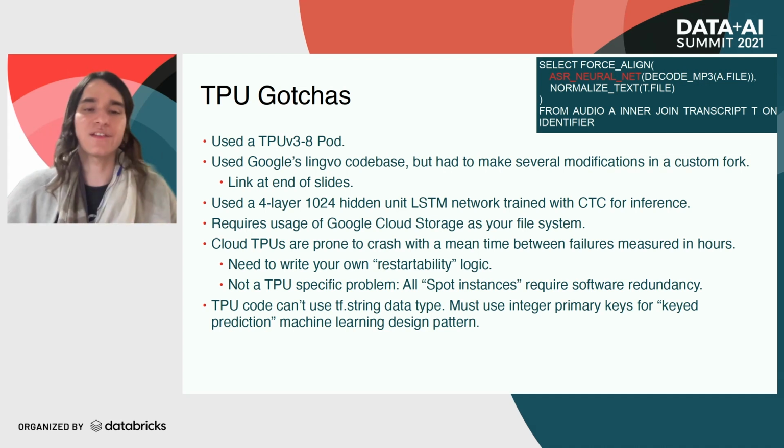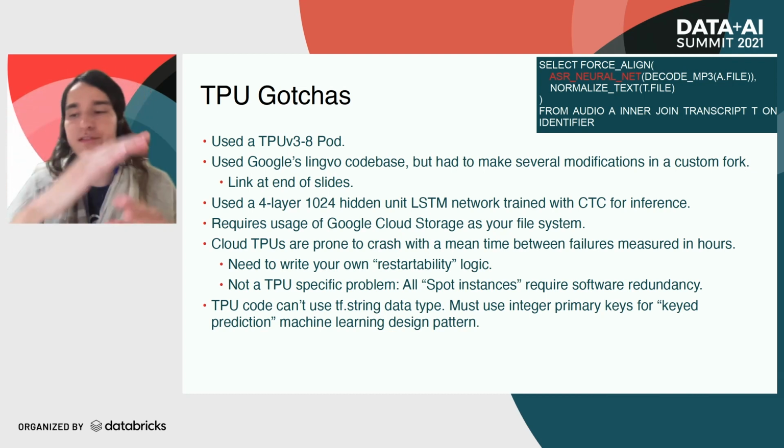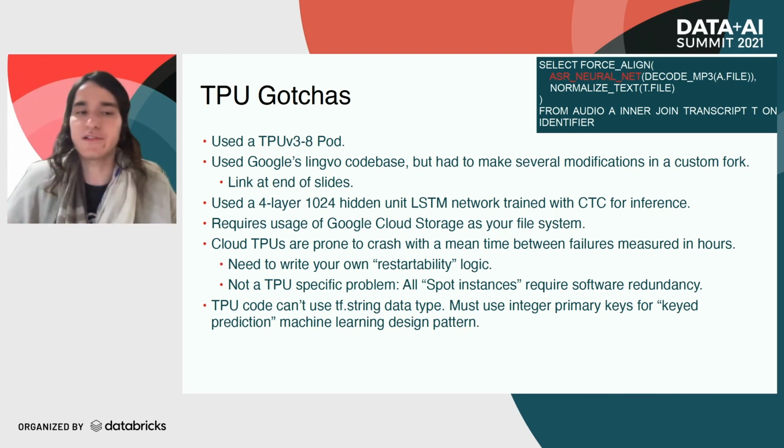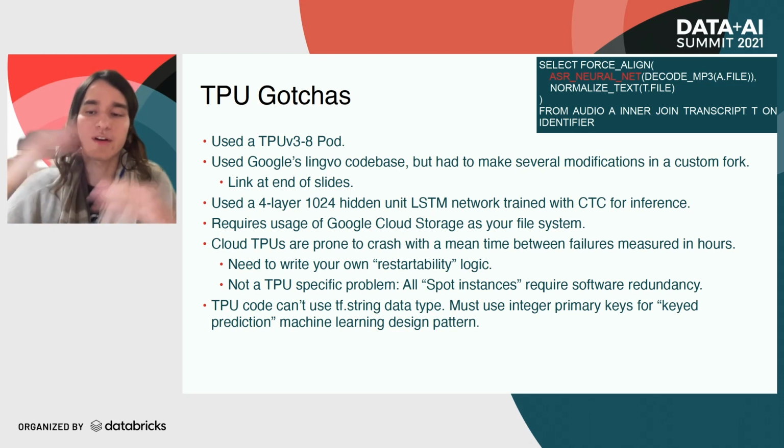It's very hard to make ACID guarantees, things like you won't write out the same record twice if you have to restart a job from the middle as opposed to just restarting the job from the beginning. As data engineers, we're very used to doing this. We're very used to our software infrastructure taking care of restartability.